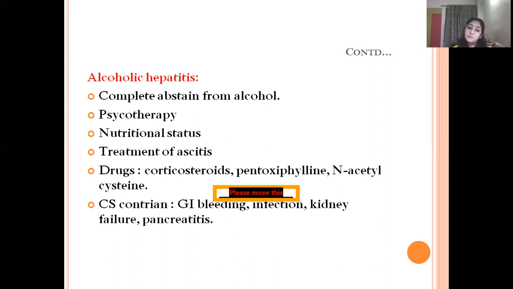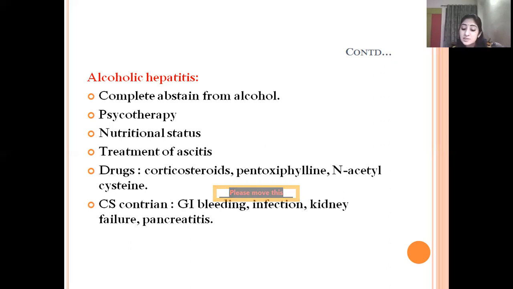Another question, how do we recognize that recovery has started in acute viral hepatitis? All of you are aware of the signs and symptoms of acute viral hepatitis. The recovery signs are: appetite will return, stool becomes normal color, which earlier was white or clay colored, urine and eyes will become less yellowish, and bilirubin and enzyme levels will return towards normal. So these are the signs of recovery.